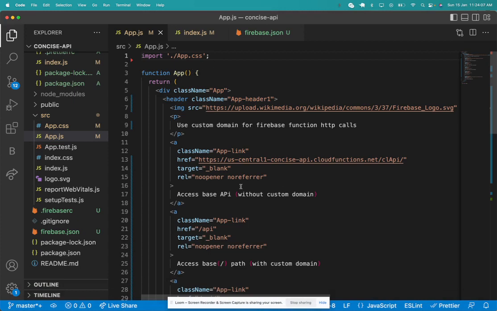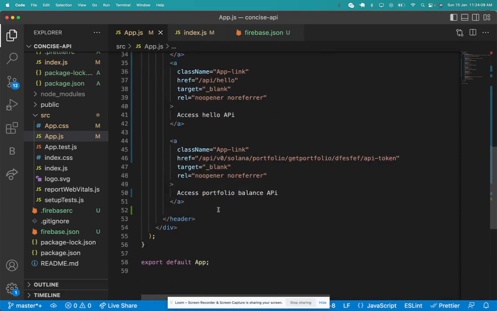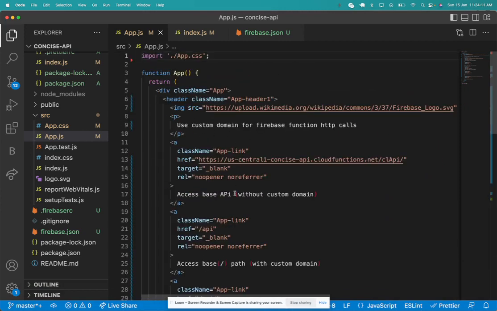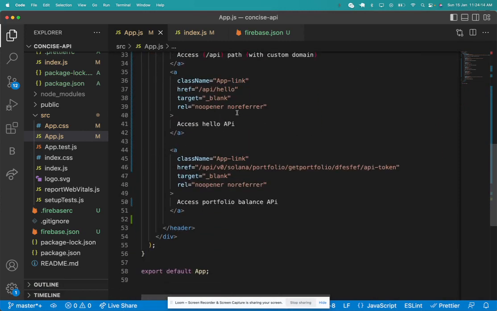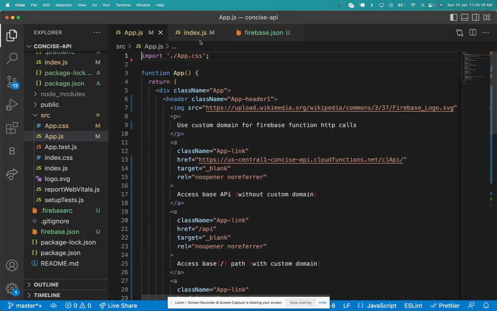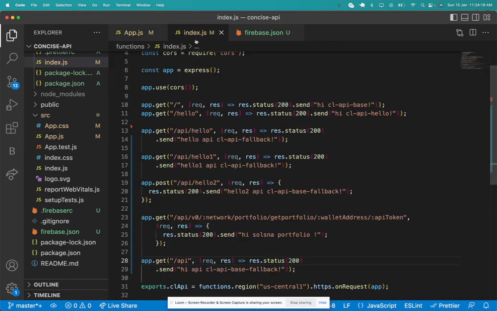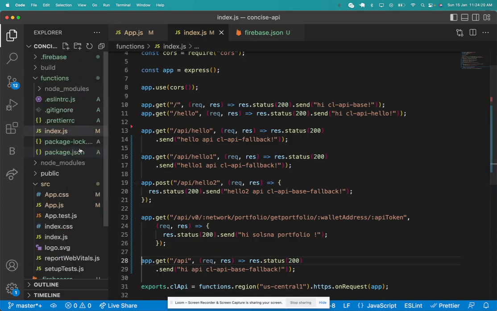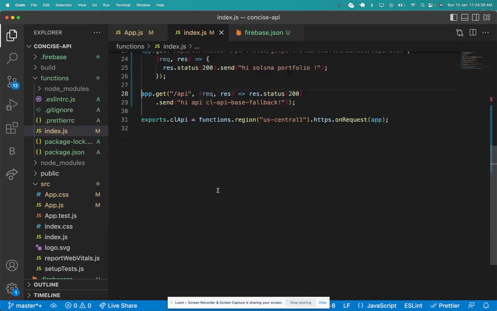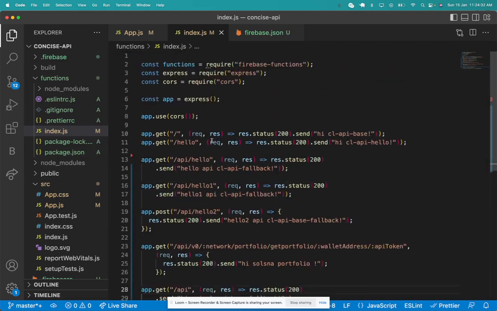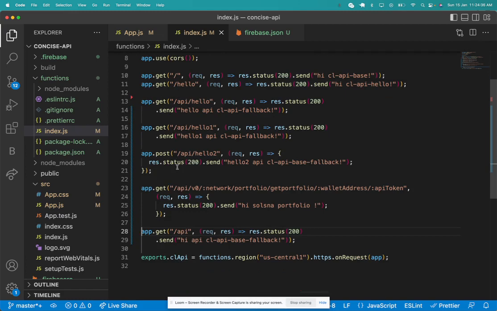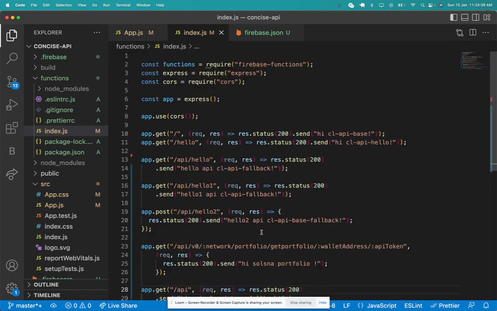This is basically a React app, a very simple single page application with only a bunch of links. And this is my index JS of the functions, the Firebase Cloud Functions. Here you can see I have basic APIs, and I am starting that using the Express framework. Again, very basic. If you get a post request,